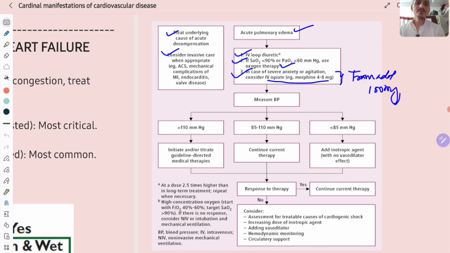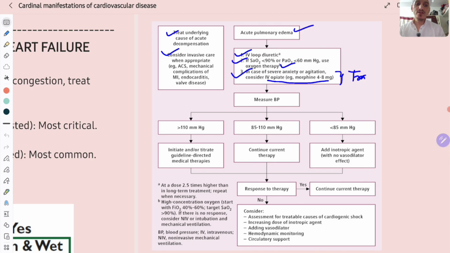Okay, so remember, 1 mg of morphine is approximately equal to 20 mg of tramadol. This is according to this: 1 mg is approximately equal to 10 mg of tramadol according to McMaster textbook of medicine. Okay,